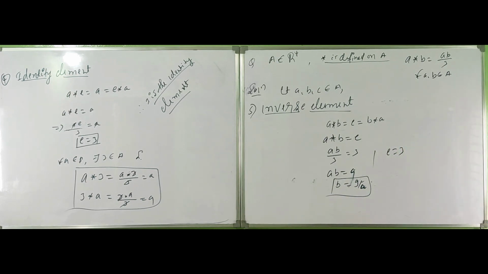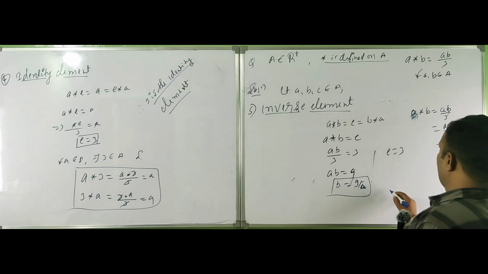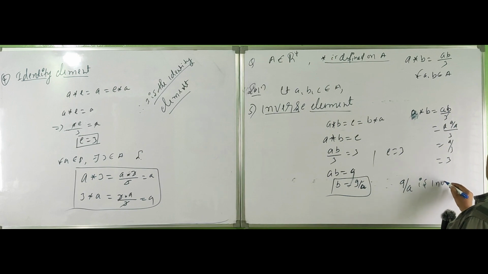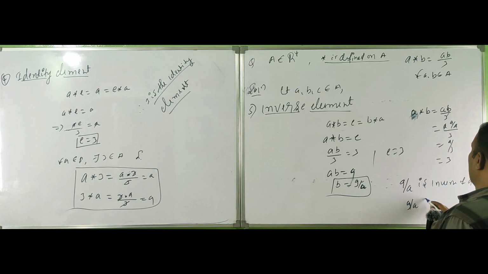This is the inverse element. How do you prove it? Let's see. A star B is equal to E. A into what is the B? AB by 3. What is the B element? A into 9 by A by 3, A gets cancelled, 9 by 3 is equal to 3. Therefore 9 by A is the inverse of A,